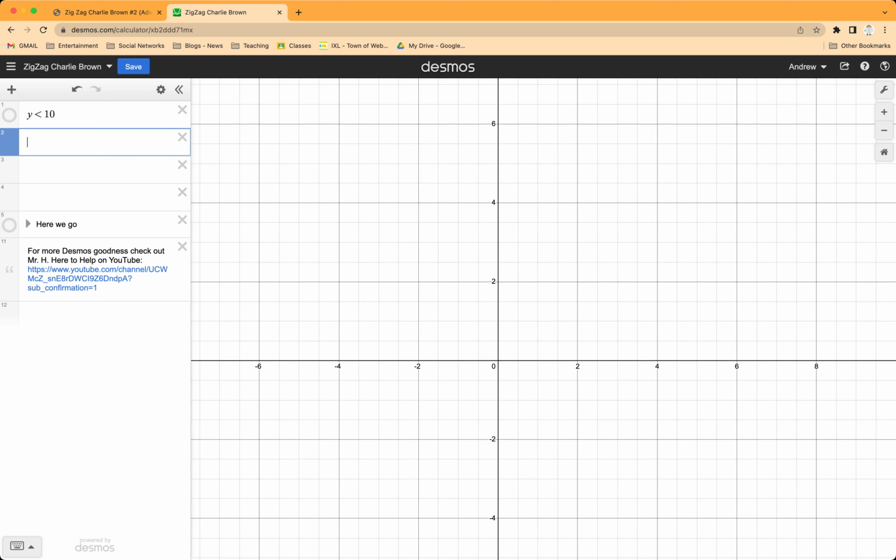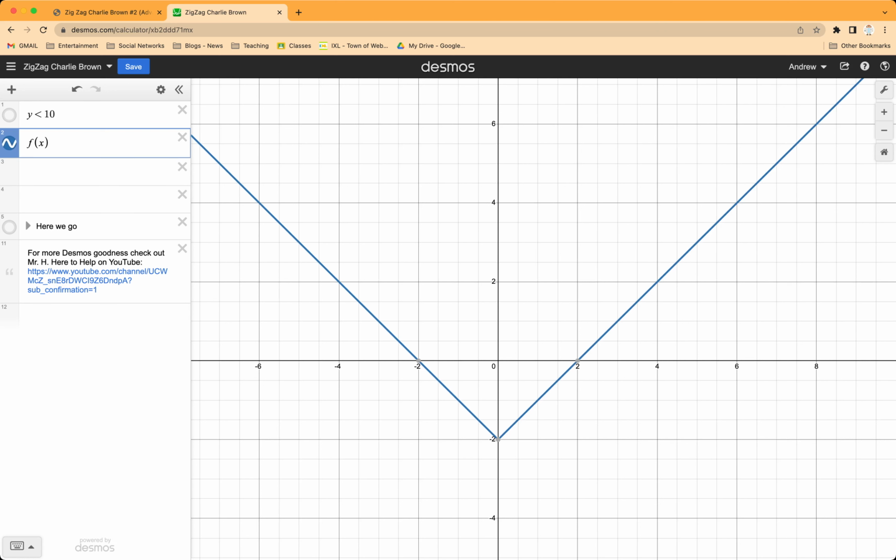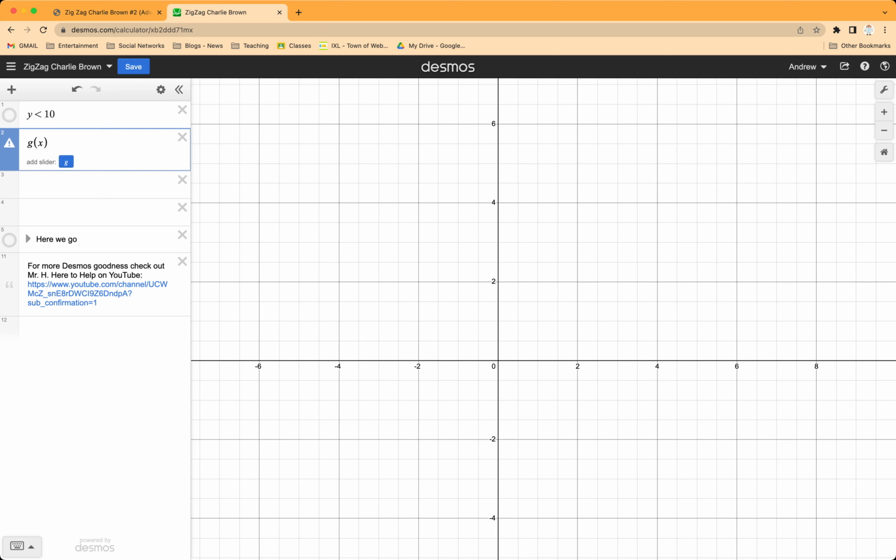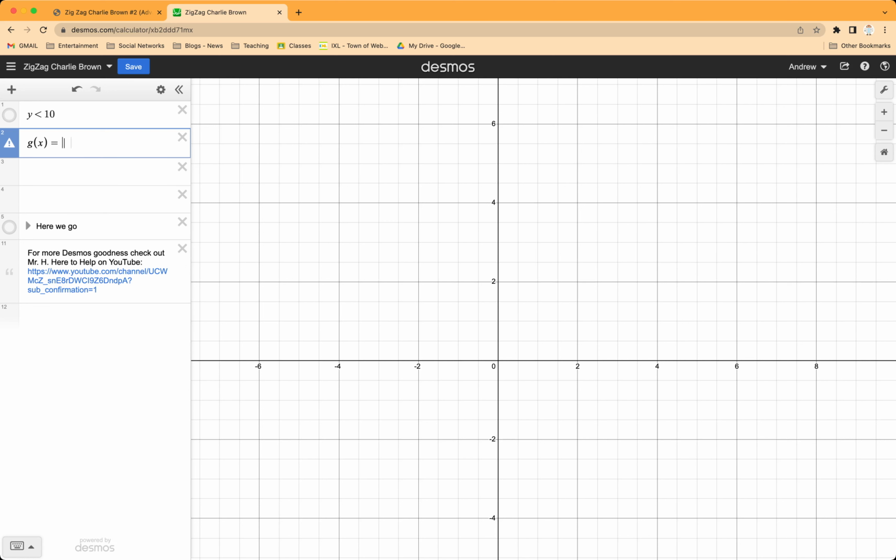So I know that the most fundamental type of zigzag is something like f of x equals the square root of x. So let's go, well, I have to change this because I have f of x as a different function down there in my folder. So let's do g of x equals, and I'm going to do the absolute value of x. Okay, great. Now that's nice, but what I really want to do is shift that